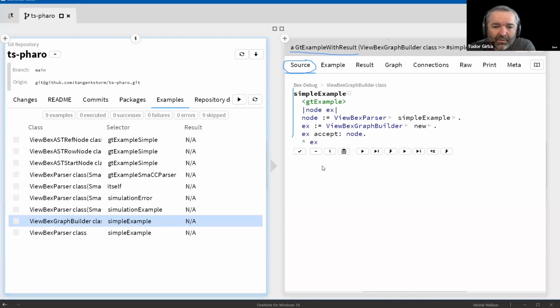Okay, so there are a few things. First, I need to see what tool I am in. If this is an inspector, I want to know which object I am looking at. After that, I want to see what view I am looking at. Now, why? Because before I look at anything, I should first know through which lens I want to look at it. So that is the most interesting